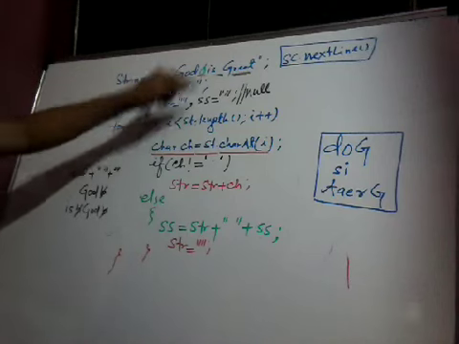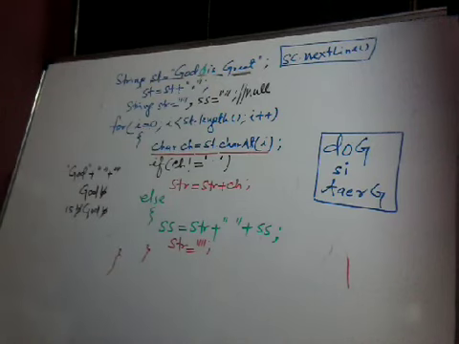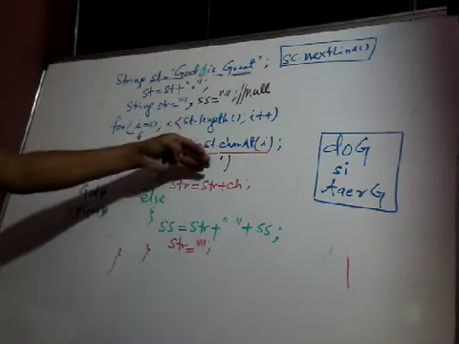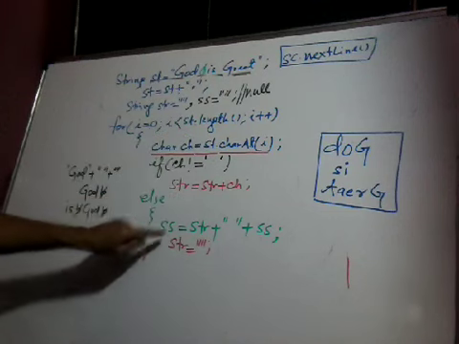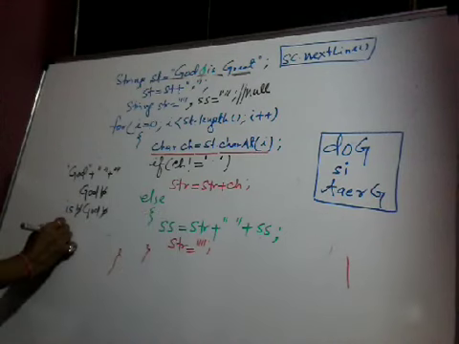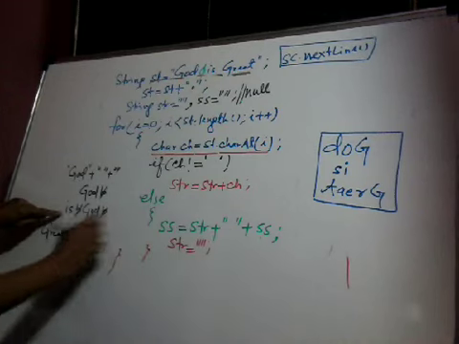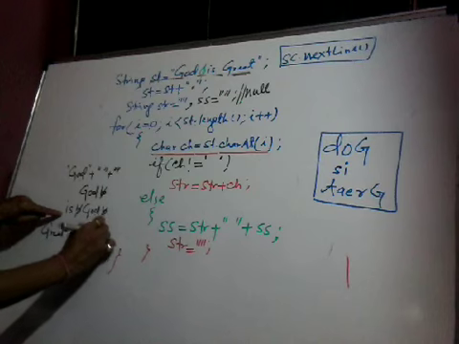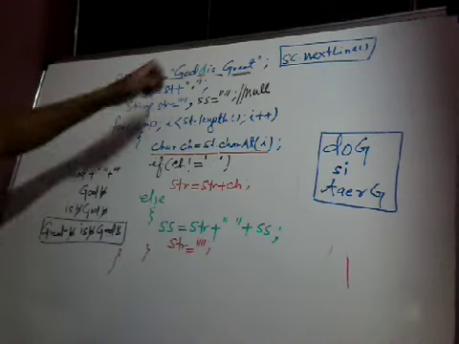Again it will go there. It will extract one by one character, and when it gets space, the condition becomes false, it will go to the else part. The value of str will be great. ss equal to str, that is great, plus space plus ss. Last value of ss is equal to this one. Now str will be null, condition becomes false.